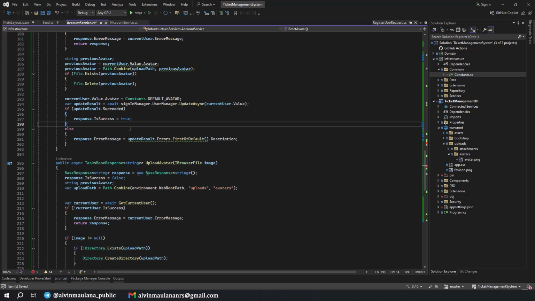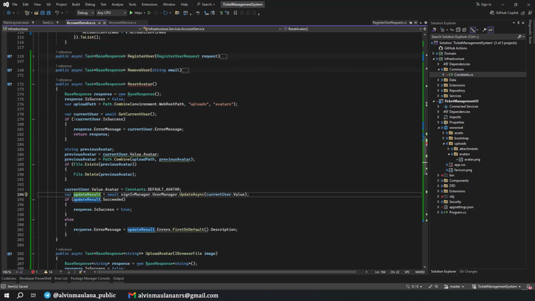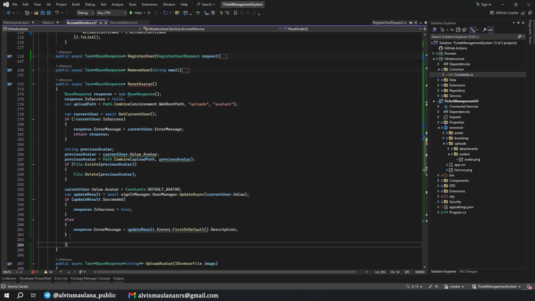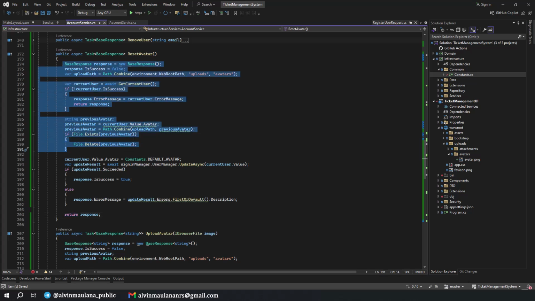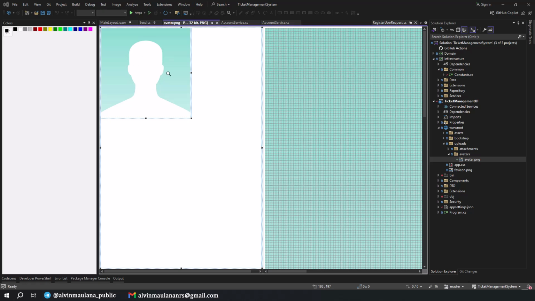We don't need any value, and it should be the same. Let's see. Okay, we don't forget to return the response. Nice. This is the reset avatar function. So basically it just removes any uploaded avatar and changes it to the default avatar that we have here.